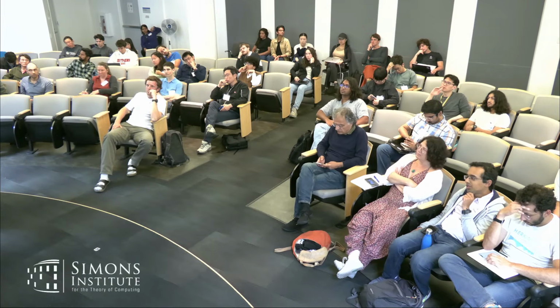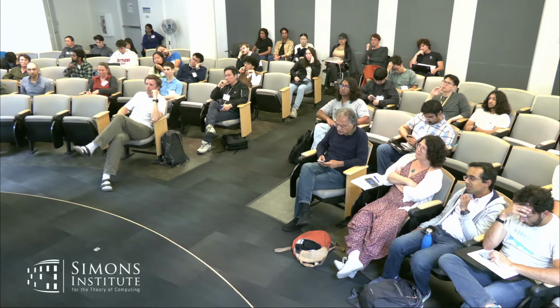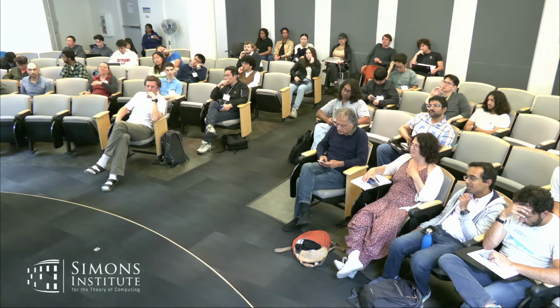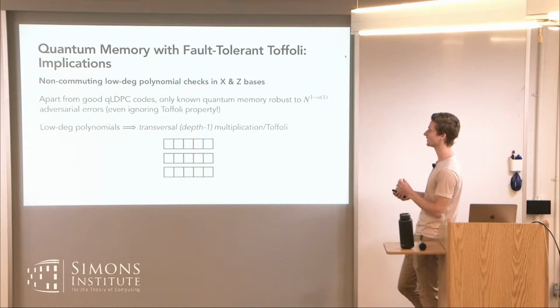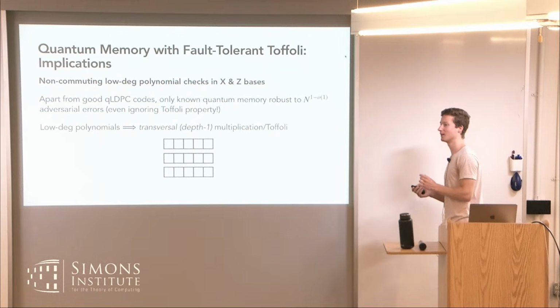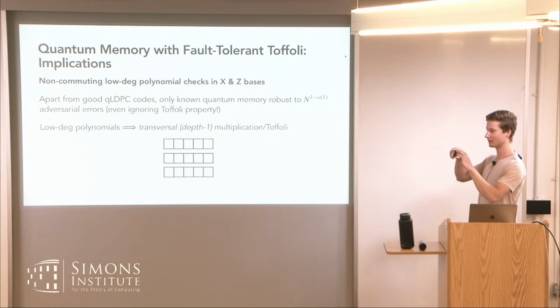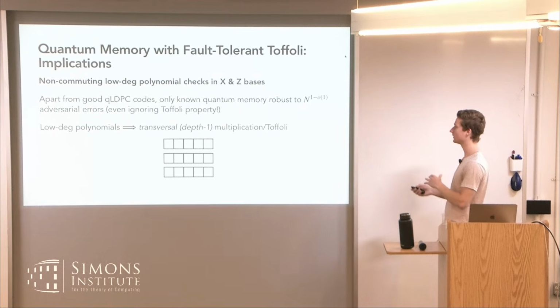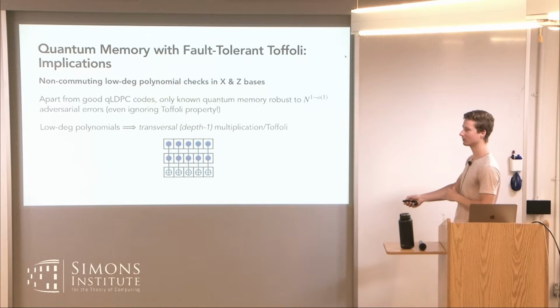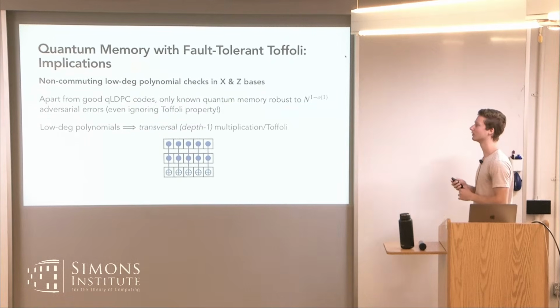Thank you. So it is actually automatic. It's something you have to prove, but it follows from the definitions: since we're working with low-degree polynomials, once we fix the gauge qubits in the right state, we can just line up 3 code blocks and perform a physical Toffoli gate across these 3 code blocks, and that will automatically induce a logical Toffoli on the encoded logical qubits.